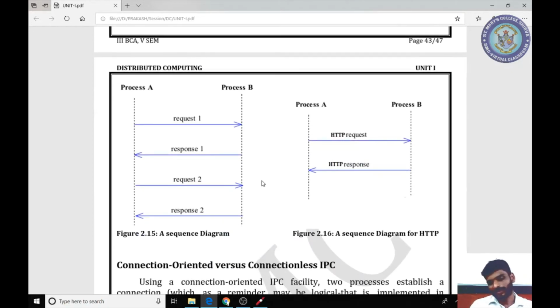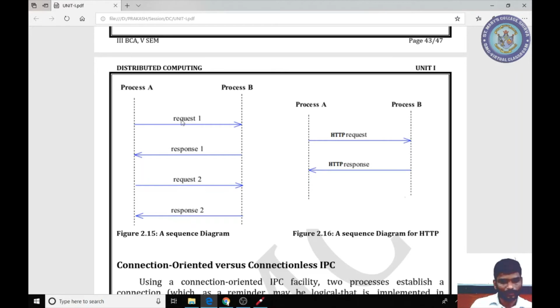Okay, now the sequence diagram. In this type of diagrammatic notation, we don't use those two representations. All the operations are indicated as dashed or dotted lines.